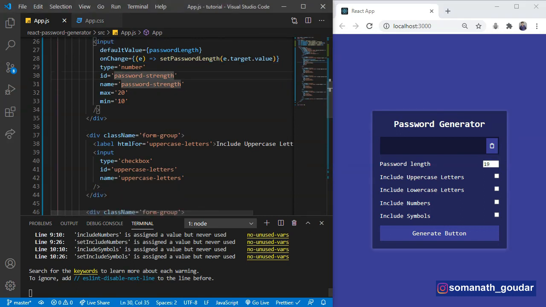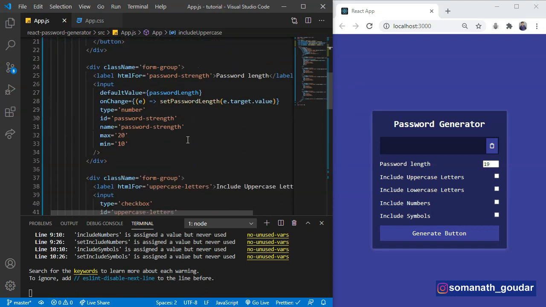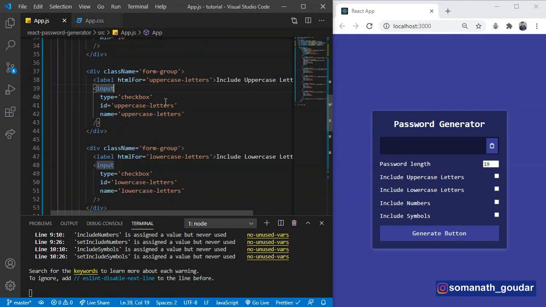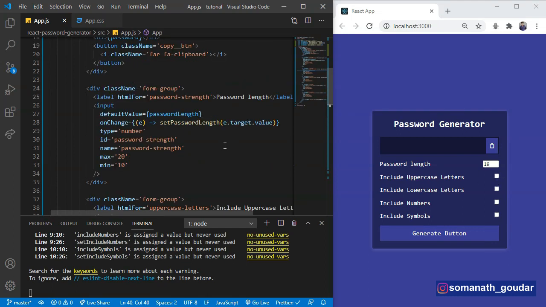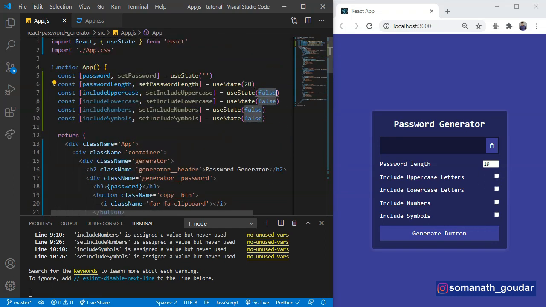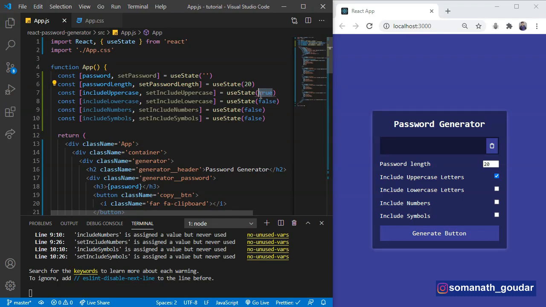Okay. Now let's go to the next one. The next variable is includeUppercase. We are going to assign it initially a value of checked. Remember, we have defined it as false, so we are going to give it the initial value includeUppercase. This stays the same because we have set it to false. Suppose if this was true, let me show you what would have happened. As you can see, now the value is true, so this is going to be checked. Now let's set that back to false.